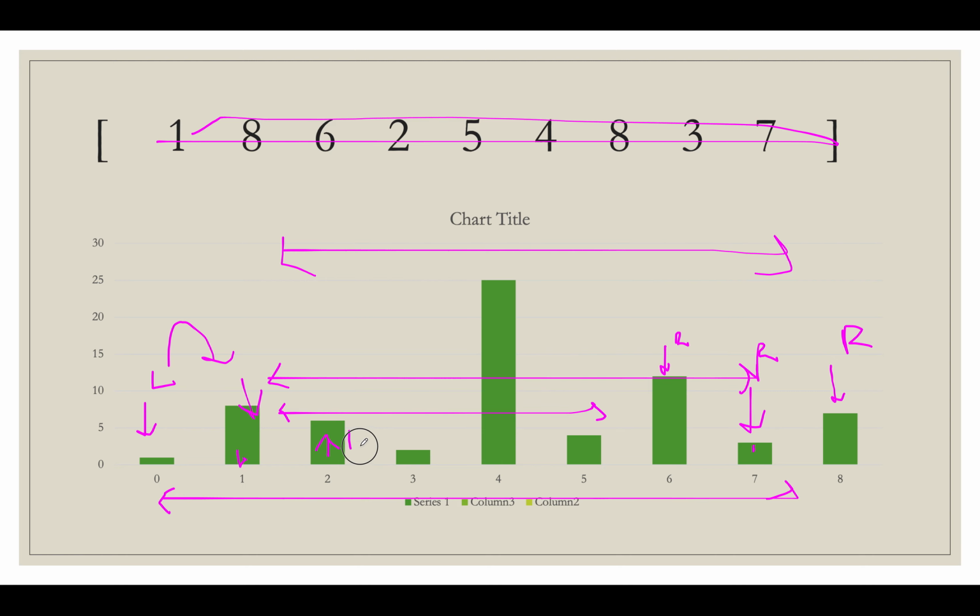So left comes here, and again the right height is greater, so we'll calculate the area and move the left pointer. Left comes here, and since right is again higher, we'll calculate the area and move the left pointer to the right, and this becomes the left now.